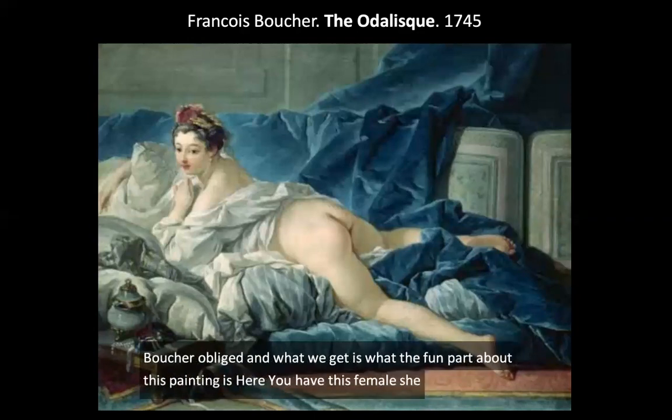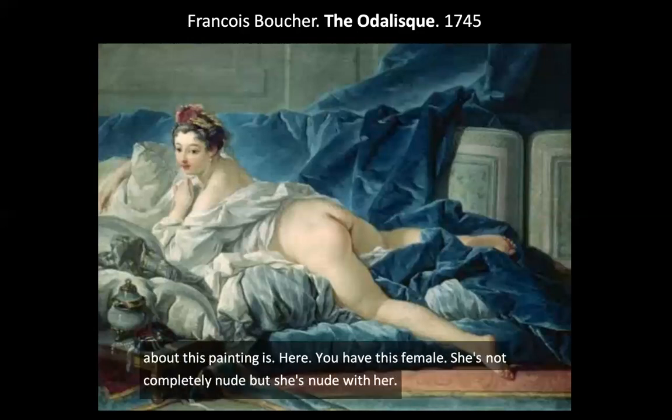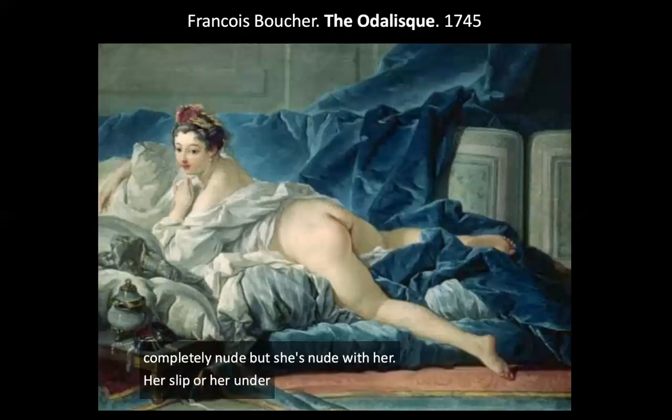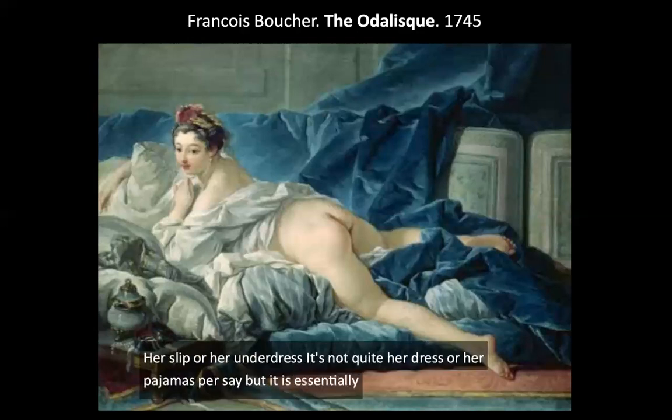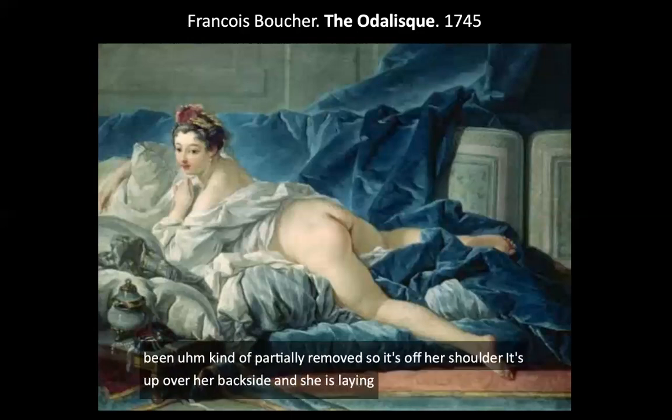She's not completely nude, but she's nude with her slip or her underdress. It's not quite her dress or her pajamas per se, but it is essentially serving as a slip that has been kind of partially removed. So it's off her shoulder, it's up over her backside, and she is laying on a big pile of what